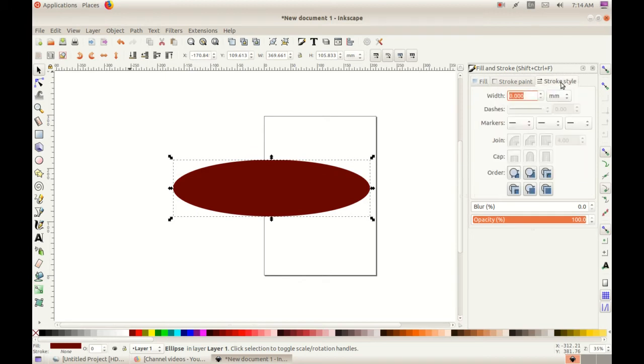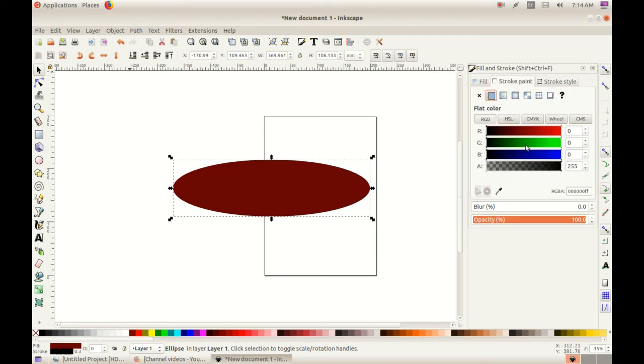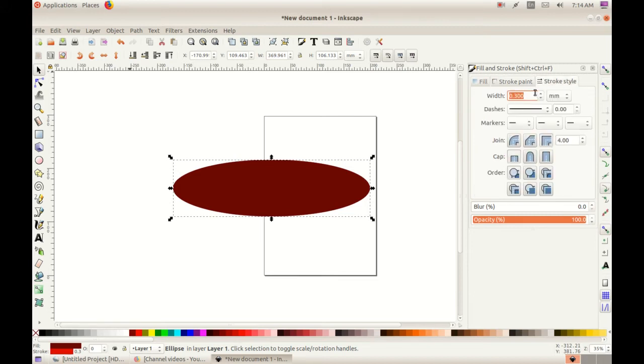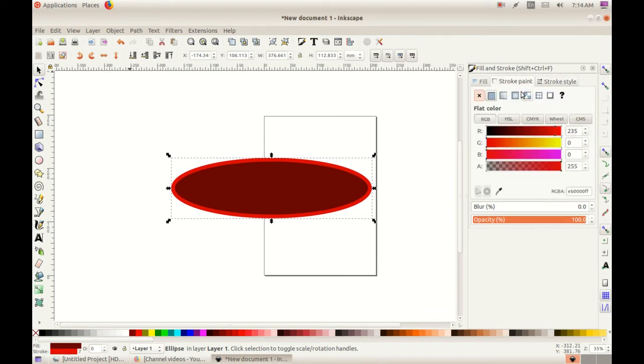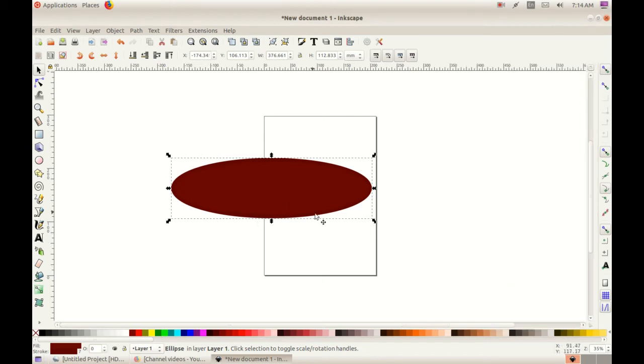Then click on stroke style and change the width. Yes, giving a dark color to it.